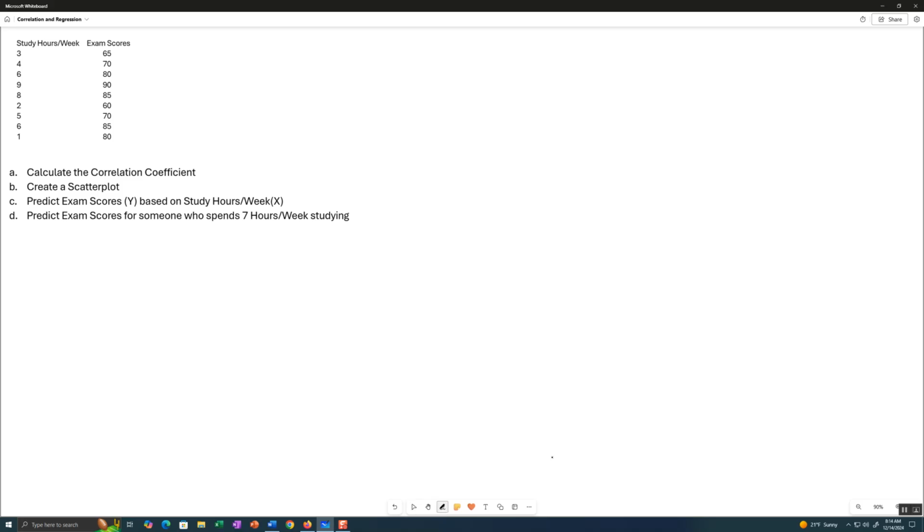So the first thing I do here is we're going to call this x, study hours per week, and the exam scores are y. I would also want an x squared column. I'm going to want a y squared column and an xy column. So squaring the study hours per week,